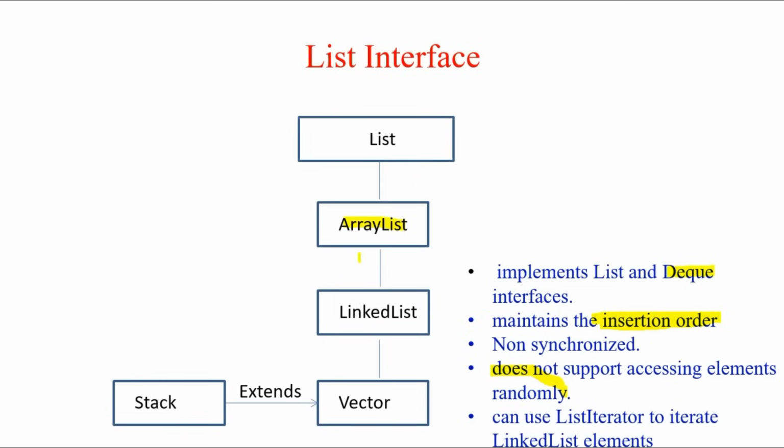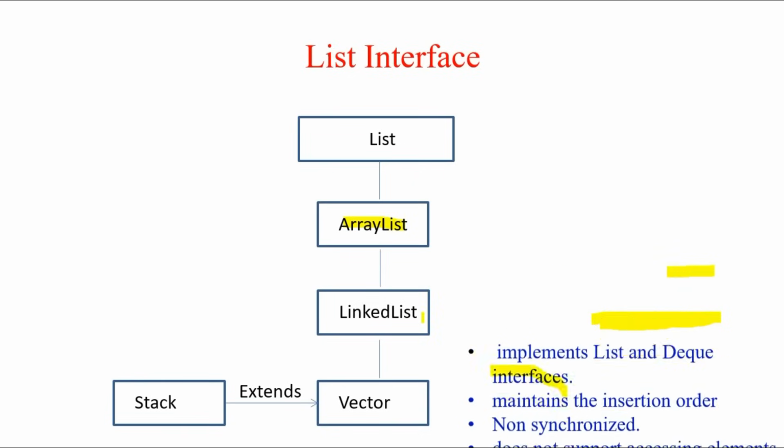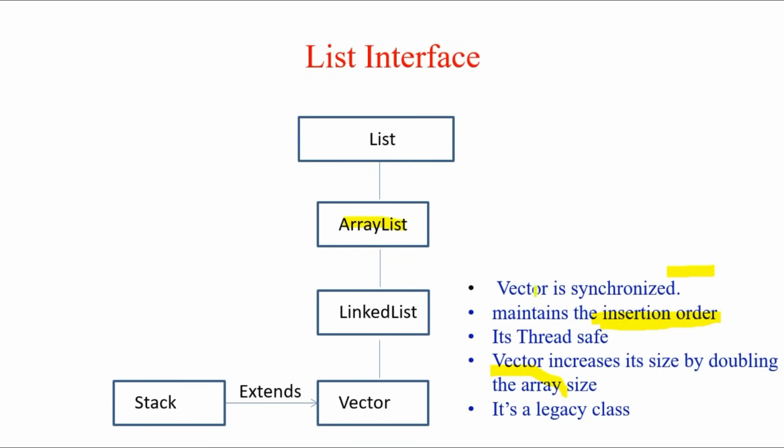So this was the difference between array list and linked list. Now the vector is a synchronized one. So this is the difference between array list and vector. This is how you're going to explain it to the interviewer, so that with just one question he will know that you know everything about each of these